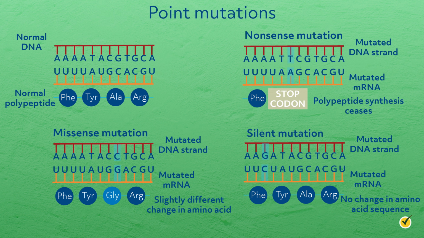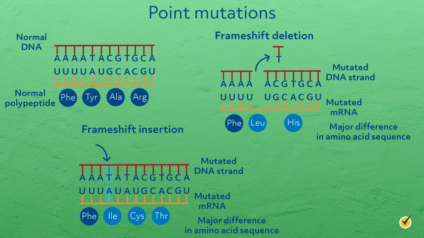Now, when we are trying to determine if a mutation will cause a change in the resulting protein, we have to consider whether or not it causes a frame shift. Since DNA is read in triplets, a frame shift is where bases are inserted, deleted, or duplicated to cause the reading frame to change. This frame shift will result in a mutation if the nucleotide change is not a multiple of 3. For example, if 7 bases are inserted into a gene, this will lead to a frame shift mutation because 7 is not divisible by 3.